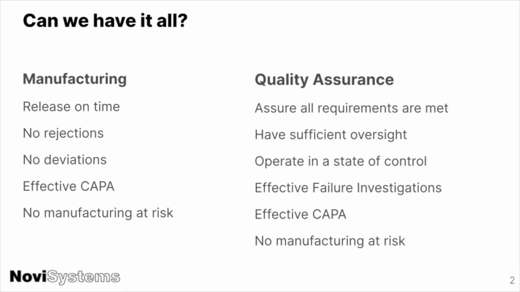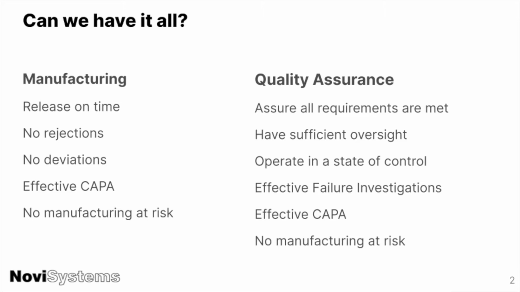Basically what I mean by this is, is it possible for us to do a good job and release product on time with no rejections or deviations? Or if we have deviations, have effective CAPA that actually addresses the root cause? And then can we, as a quality organization, assure that when we are manufacturing that the requirements are met and that we have a sufficient overview of what's happening on the shop floor as well as what's happened in the